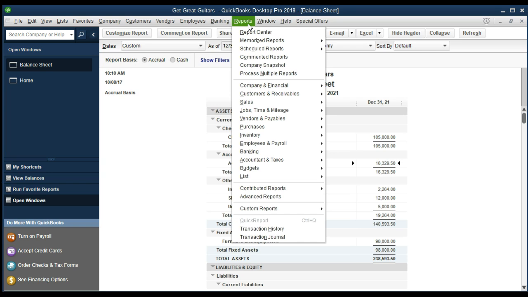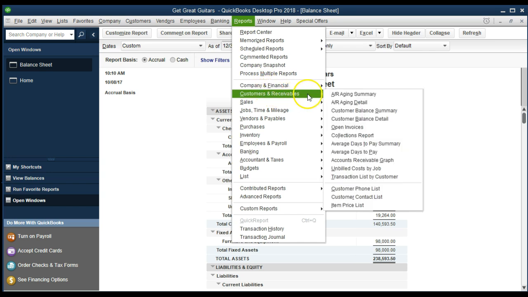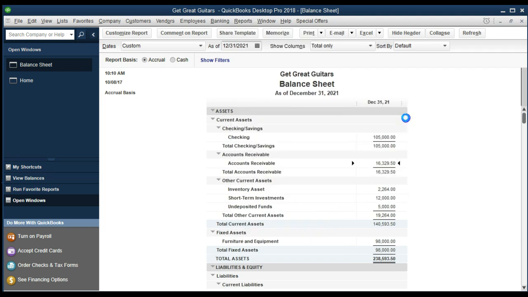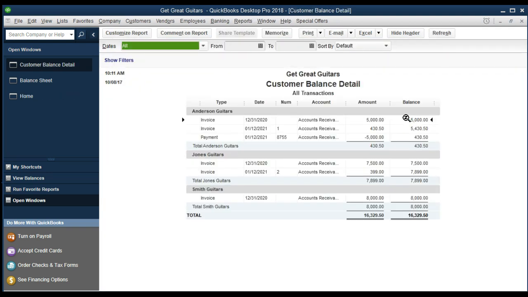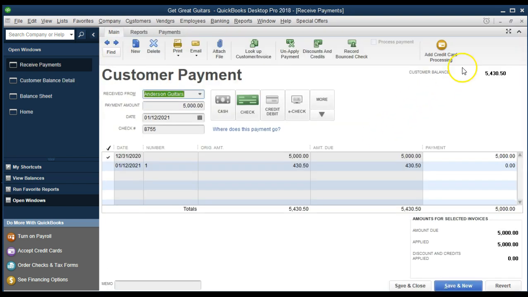So we're going to go down to Reports, Customers and Receivables, and we're going to go to Customer Balance Detail. And then we can see again, Anderson here, we have the 5,000 was owed, 5,000 then paid, and now Anderson only owes that 430, and that is what is now remaining. If we double click on this payment, we will get back to that information, same form we filled out, same